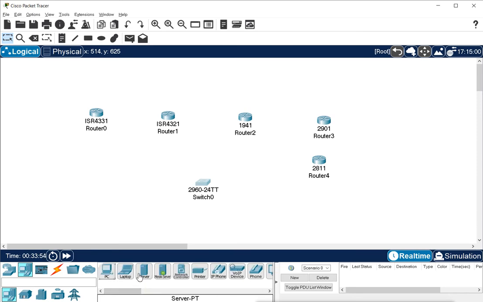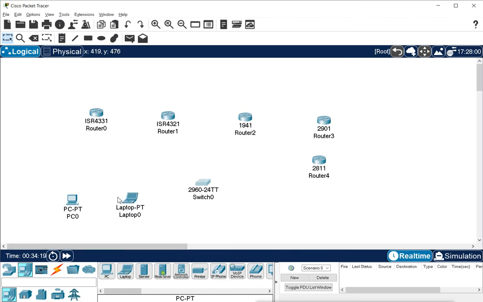For us, for the network administrators, these are the end devices, either it is server or PC. For us, they are all end devices. Same as we use the routers, we can use these devices also. We can just click on it and drag it, select where you want to put it, and if you want to drag, then you can click, hold and drag also.